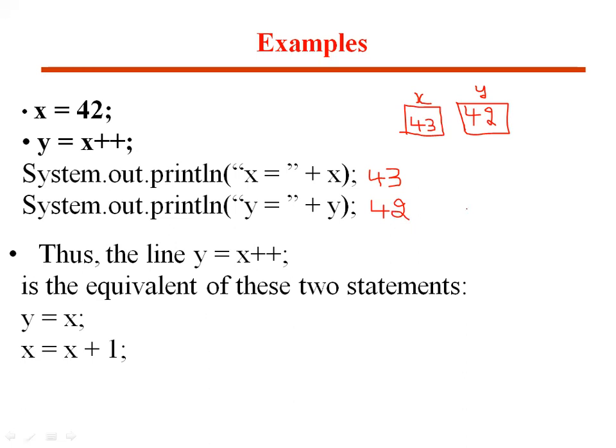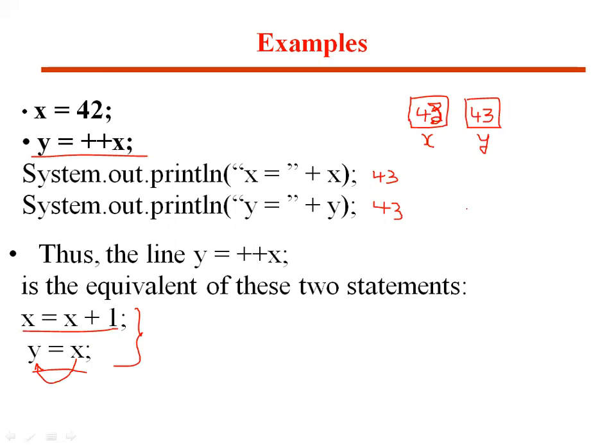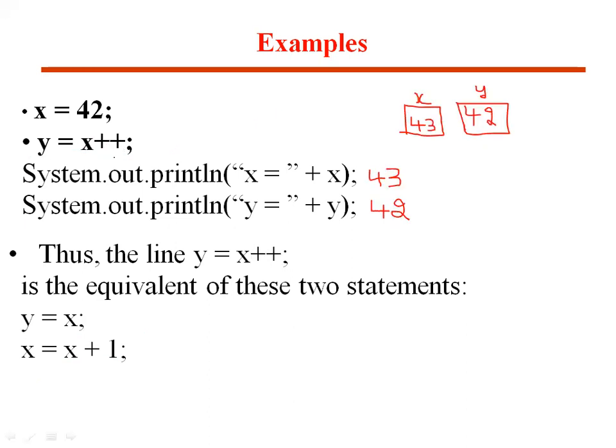Just don't get confused. See the previous slide and this slide. Here first we are asking to increment first, then you assign. Pre-increment: increment first, then you assign afterwards. That's why both become 43 here. But here post means afterwards. That means you first assign, and then you increment. That's all. So internally, this is how it is done. First x value is assigned to y, then x value is incremented afterwards.